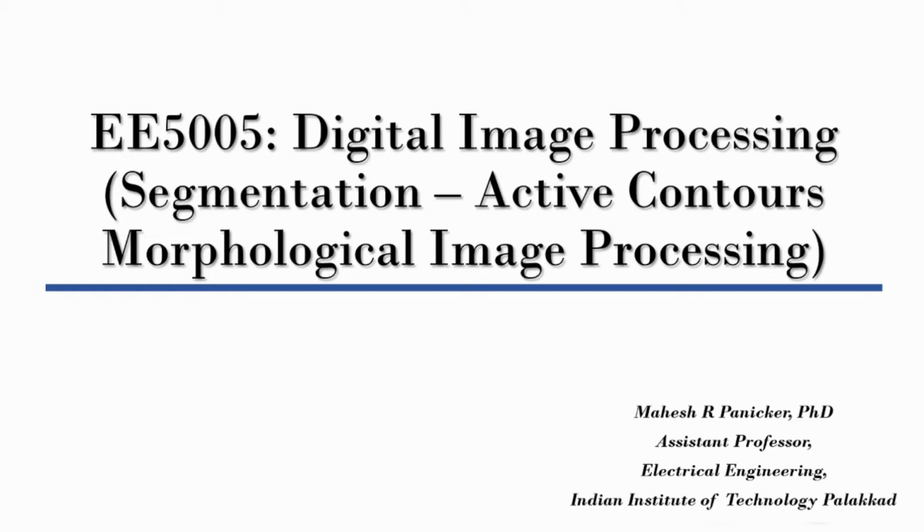We also talk about morphological image processing this week, because that is like an extension of segmentation, or edge detection I would say, where you may have multiple regions in the image segmented or edge detected, and then you want to make it smoother. So you use techniques like dilations and erosions, and we will talk about that in detail later on. Okay, so let's start with this interesting concept of active contours.